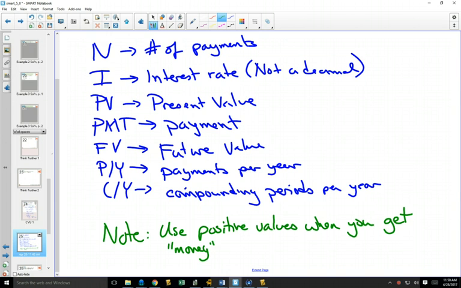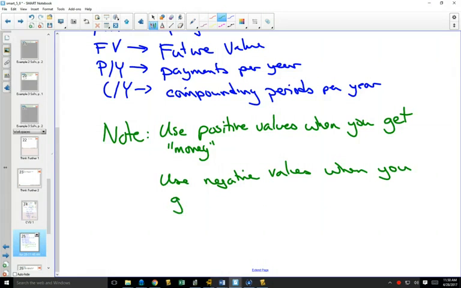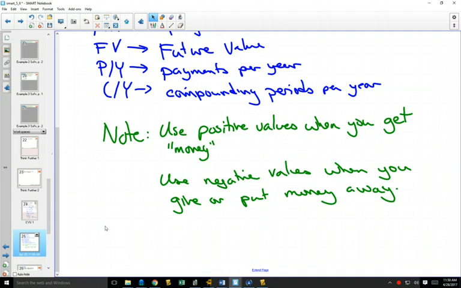You're going to use positive values when you get money and use negative values when you either give or put money away. In other words, you think of having money in your pocket. If you're going to put money into the bank, in this program you'd put that as a negative value. If you're going to take money out of the bank, then you're going to get that later,